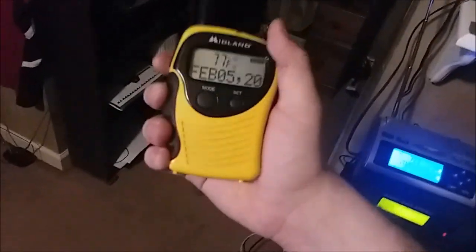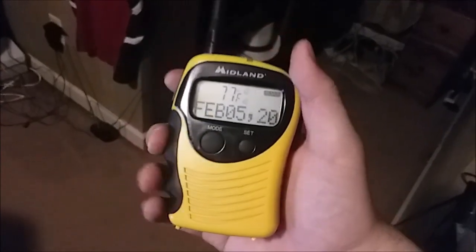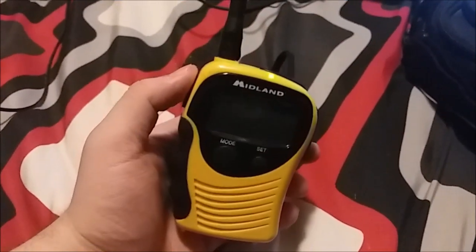Well, anyways, let's go ahead and get down to the 74-250C's features, which I already said before. The first feature is going to be, if it'll focus... Anyways, let's go ahead and get into the next feature, and that would be the backlight. Okay, the backlight. This is actually a complaint, because I don't know if it can be adjusted or not, or